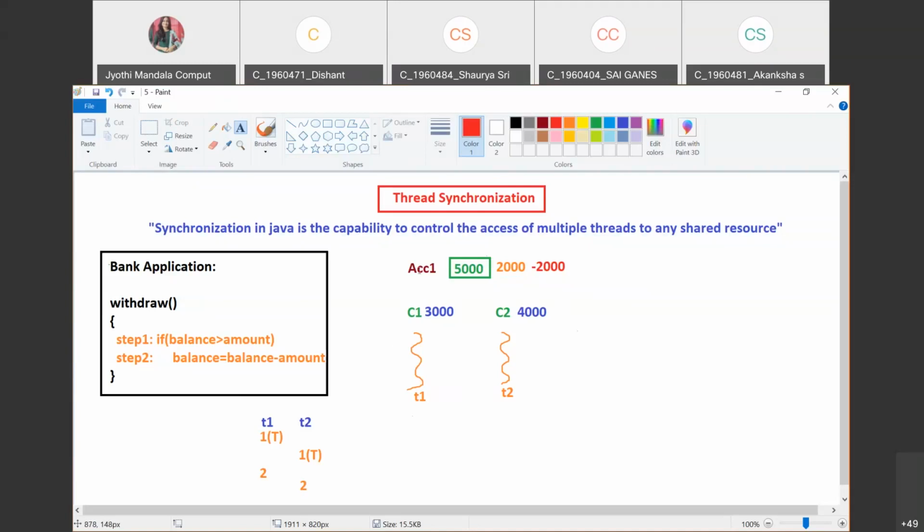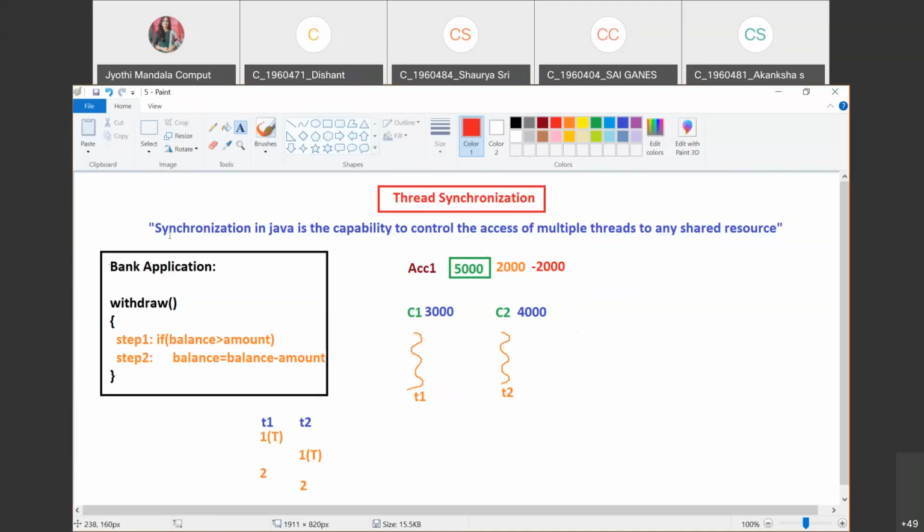In our case, the account is a shared resource. Even though it is a joint account, if one customer is using that account, then another customer is not allowed to use it. Until this customer performs all the transactions on that account, the other customer has to wait. That can be done by using this synchronization concept.